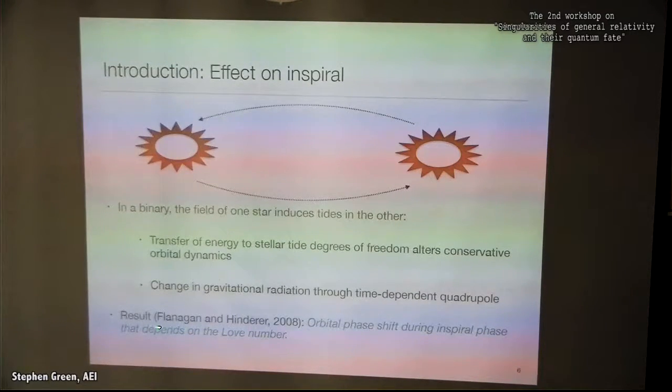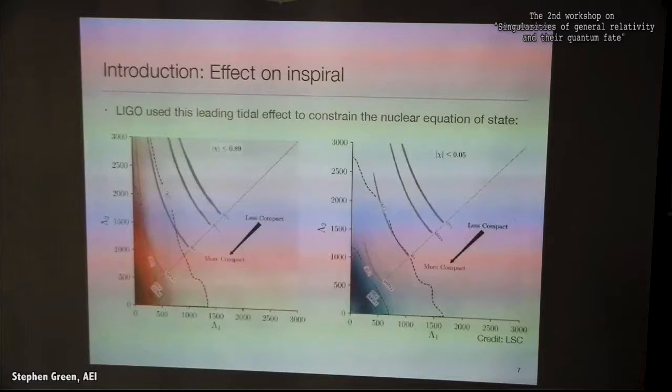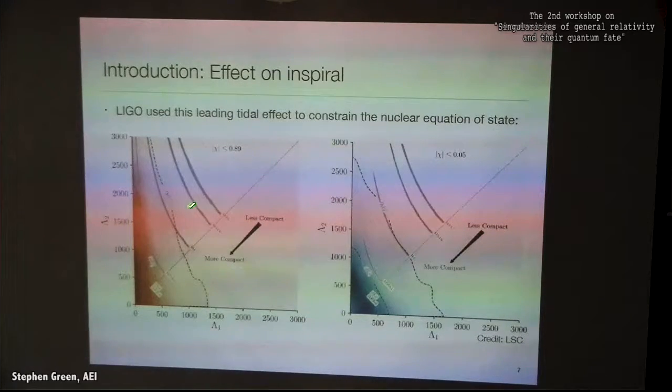So the result then, going back to Flanagan and Hinderer, is that you get an orbital phase shift during the in-spiral phase, and that depends on this love number. So if you can measure this orbital phase shift, you can learn about what the equation of state is. So LIGO and Virgo looked at this effect, the leading effect, to constrain the nuclear equation of